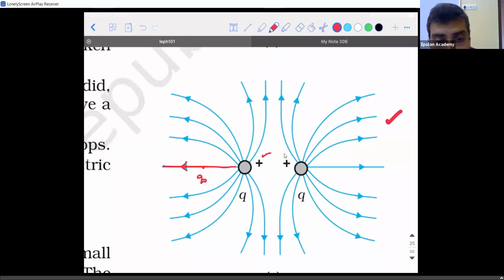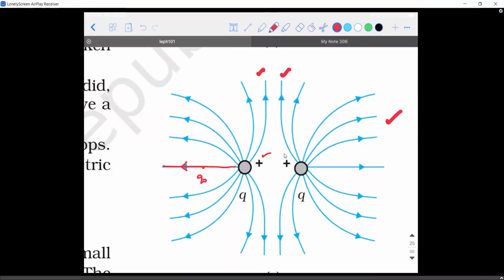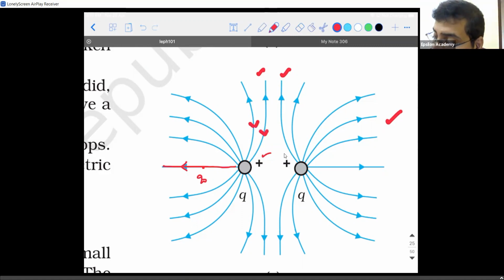Here one important point to be noted is that this electric field line and this electric field line will never meet. So what do you think will be the difference when you have a system of two negative charges? The directions will be opposite. That's it. Only thing, when you have a system of two negative charges, you need to just reverse the direction of the arrow mark. Because when you place a unit positive test charge at that point, they tend to get attracted. That's only logic. So you have to remember this.